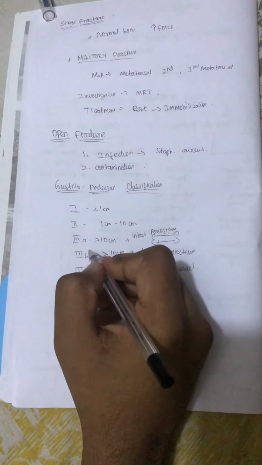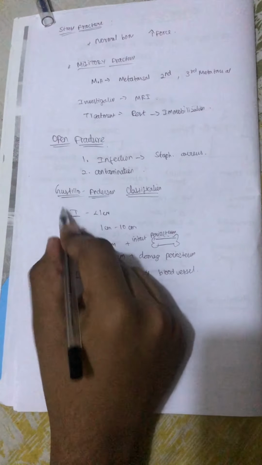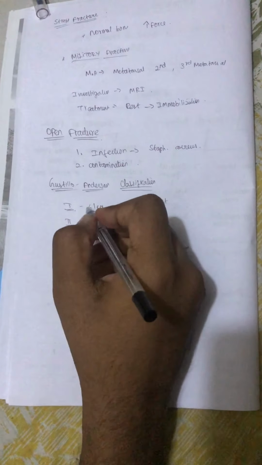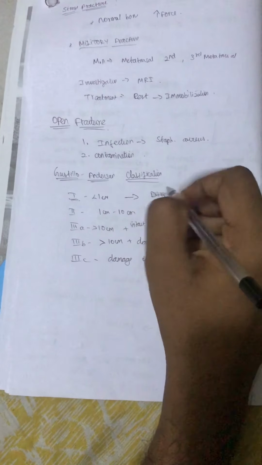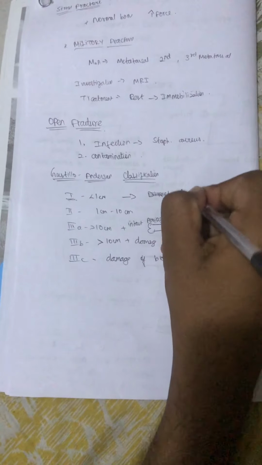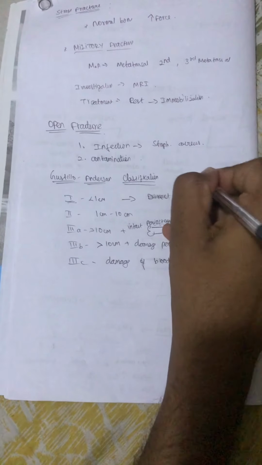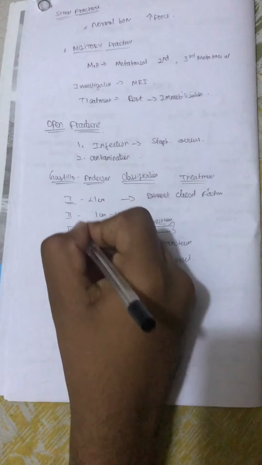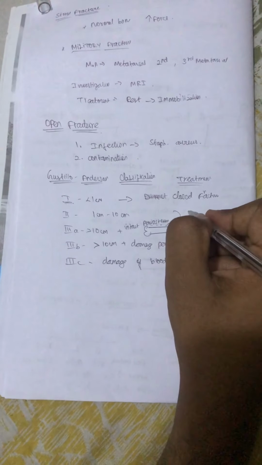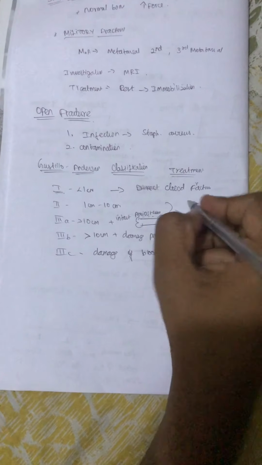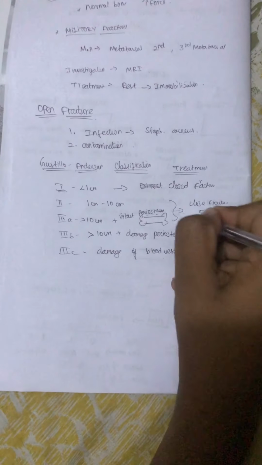Now, the treatment for the open fracture also depends on this classification. If the open fracture is classified in criteria 1, then the treatment should be the same as the criteria we use for the closed fracture. While for 2 and 3A, depending upon the contamination or whether infection occurs, we can choose between the closed fracture treatment or open fracture treatment.